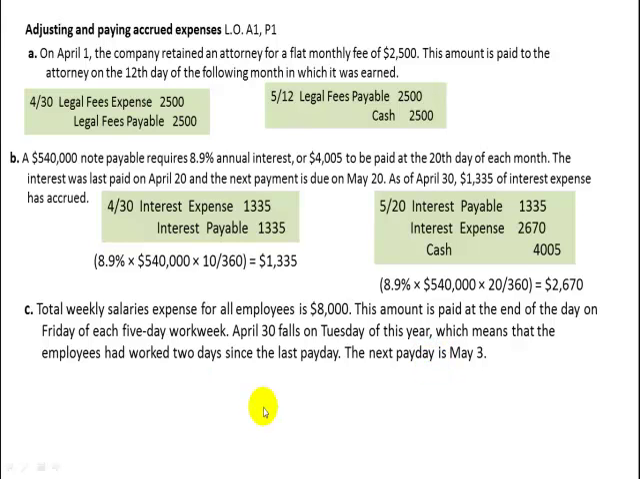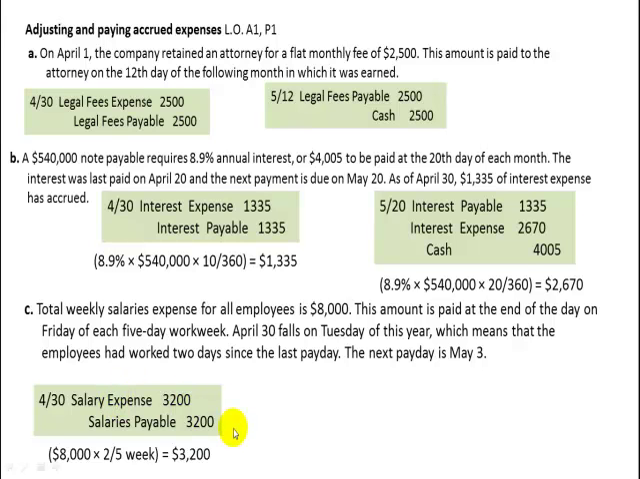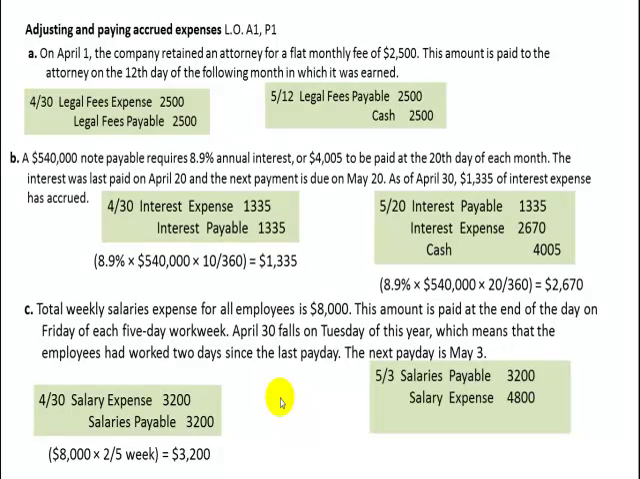So let's see how this splits up. On April the 30th, we owe them a total salary expense of $3,200. That's based on 2 days of the week times $8,000, or $3,200. So we're going to accrue the salaries at the end of April for a total of $3,200, and then in May we're going to actually make the payment on 5/3, and that'll be for the other 3 days. So you can see this week starts out Monday and Tuesday are in April, Wednesday, Thursday, and Friday are in May, and that is going to be